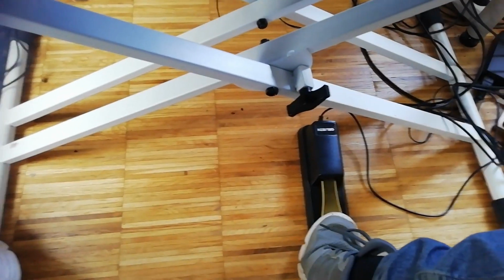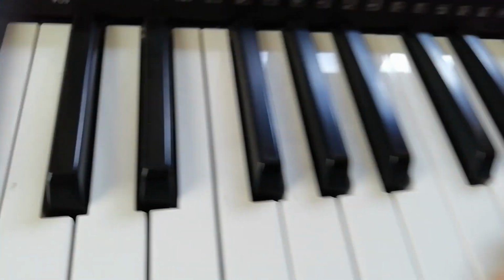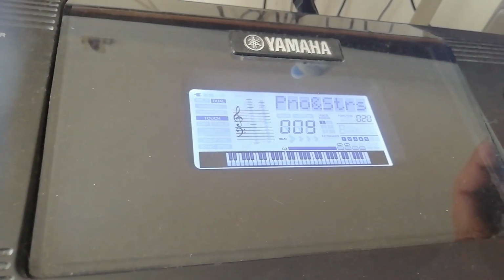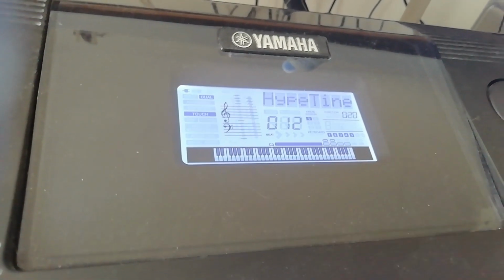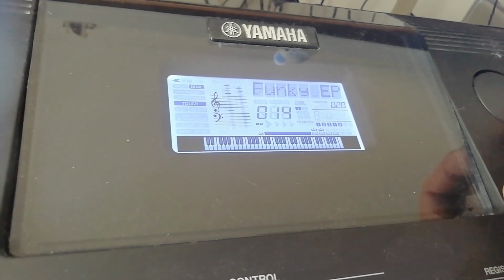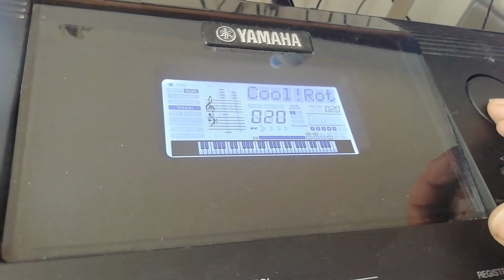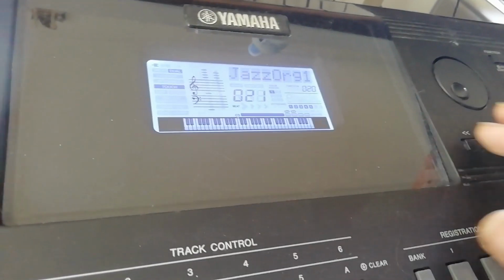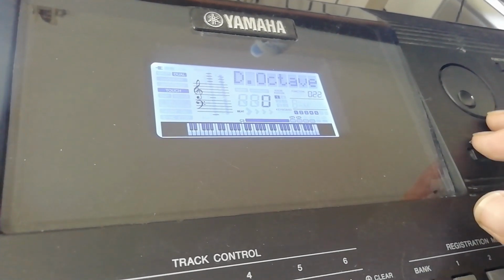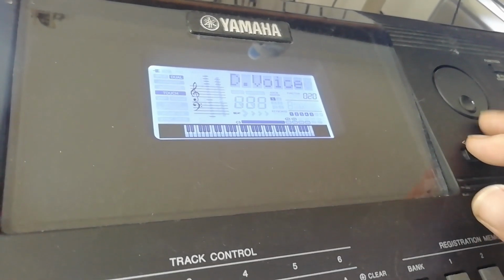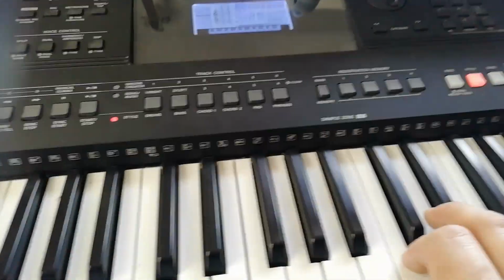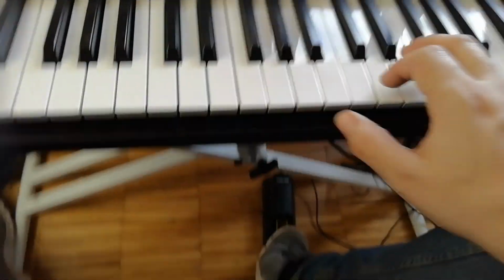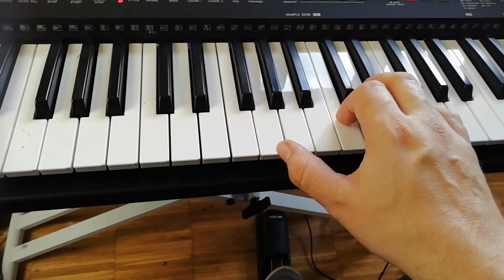So to show it a bit better, let's use another instrument for the dual voice, organ, and maybe the octave lower. So now when I press the sustain pedal, only the piano has that.